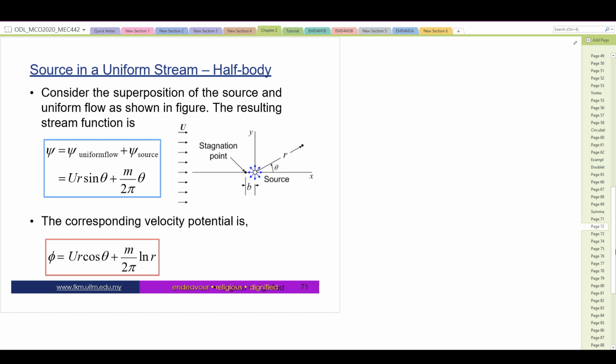We call it a doublet when source and sink approach one another. Now, for the superposition of plane potential flow,